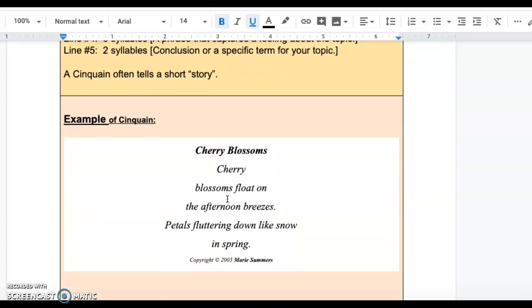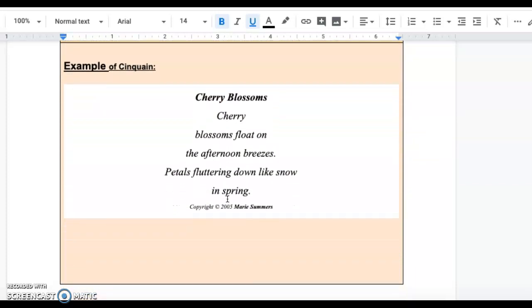Here's an example of a Cinquain poem called Cherry Blossoms. Cherry blossoms float on the afternoon breezes, petals fluttering down like snow in spring, by Marie Summers. So you can see in the top line, cherry has 2 syllables. Blossoms float on is 4.